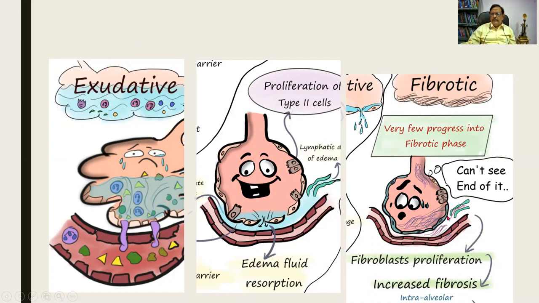Look at the threads over here. These are all threads of fibrous tissue. So a fibrin is formed. Once the fibrin is formed, there cannot be exchange of material. Fibroblastic proliferation is there. And so that is the end of it. And though it is rare, it can lead to a death. These are the three stages: exudative stage, proliferative stage, and the fibroblastic stage. Finally, there can be a